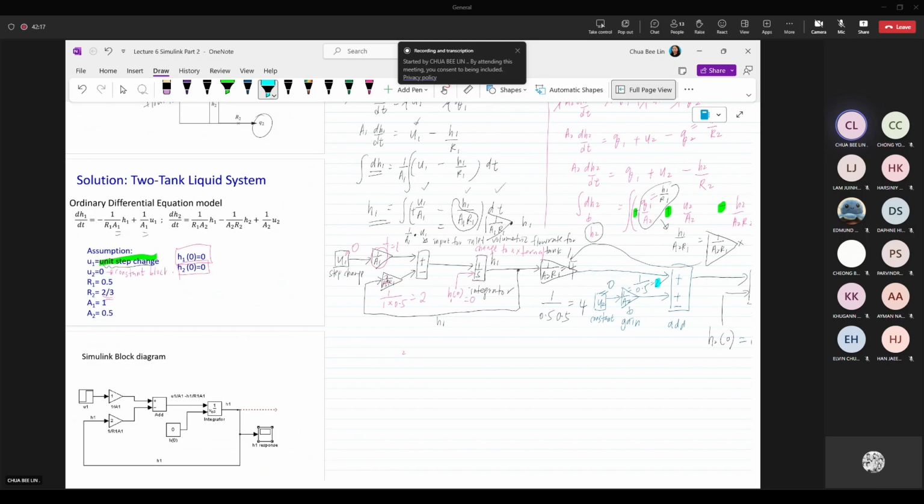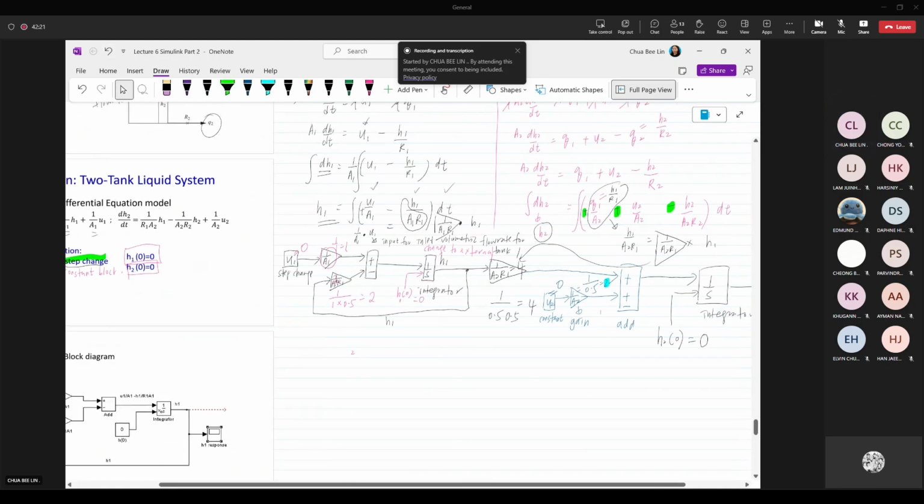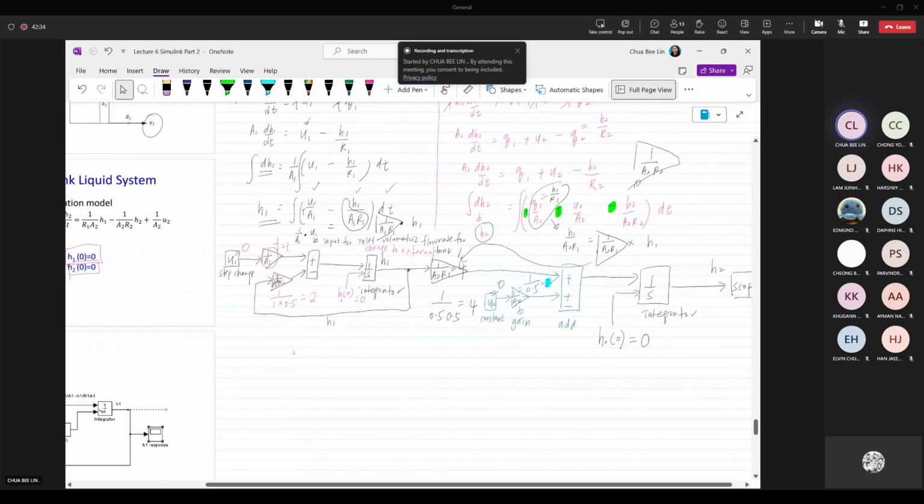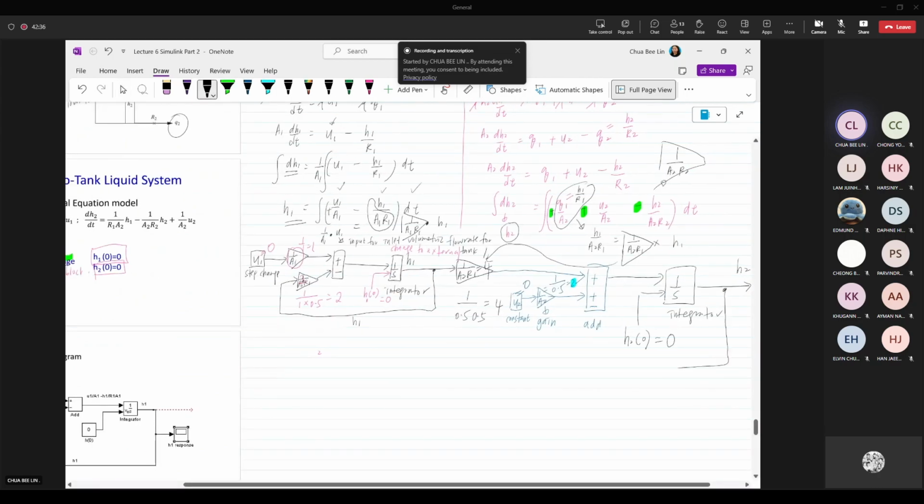And then the last one is another minus. So you see this minus. So this one also the same thing. You'll be having a gain 1 over A2 R2, and then your output H2. So you'll be having your output H2 over here go to the negative. So you can put in this direction also the same thing, 1 over A2 R2, and this whole thing will